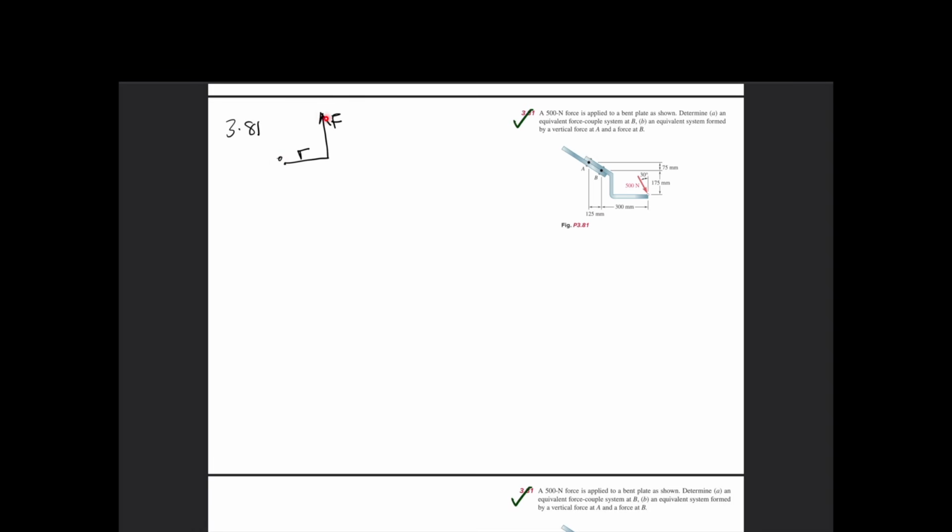So for us to move this force from here to this place, we have to follow another methodology, which is very important to this question that we're going to solve. So the first thing we are going to do, if you want to transfer this force, is that you have a force here. So for this origin, we are going to draw another force here,